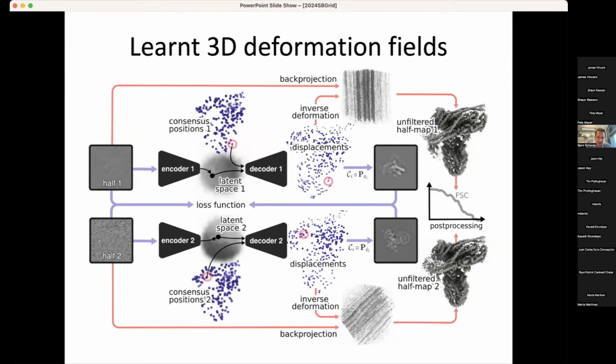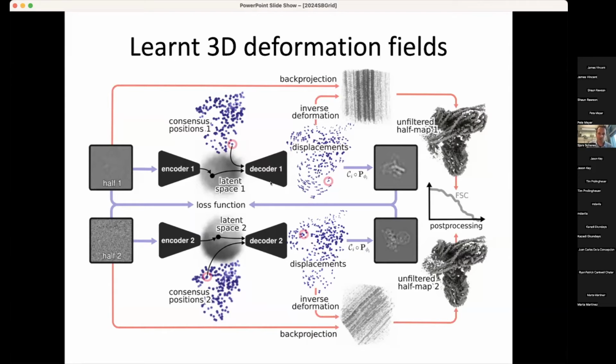Now, one thing I didn't say is that the main reason why we chose to work with displacements of 3D Gaussians in real space is that you can impose regularization on the deformation fields. There are so many parameters in the variational autoencoder that we were worried the problem would again be very ill-posed, just like the refinement problem in cryo-EM is ill-posed, where many different reconstructions can explain the data equally well.